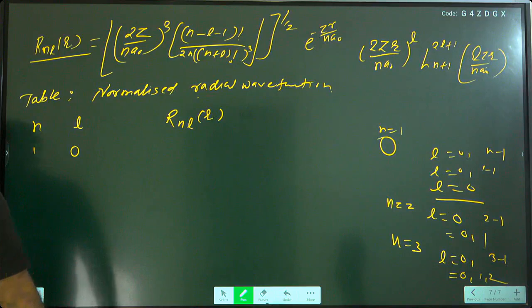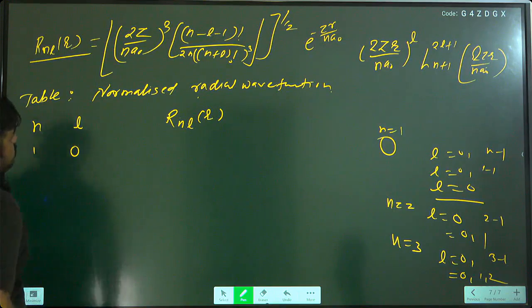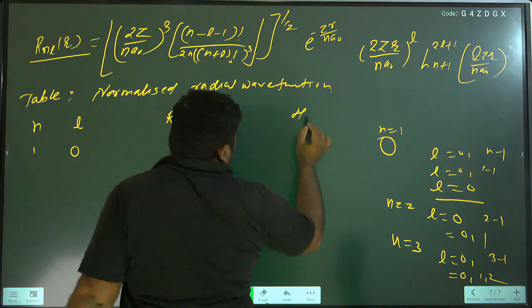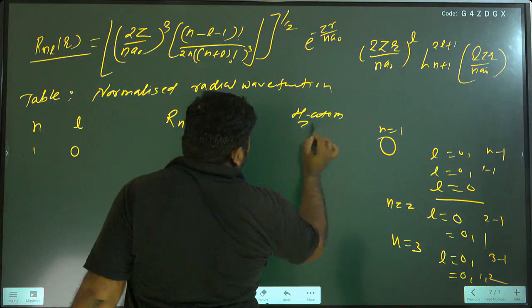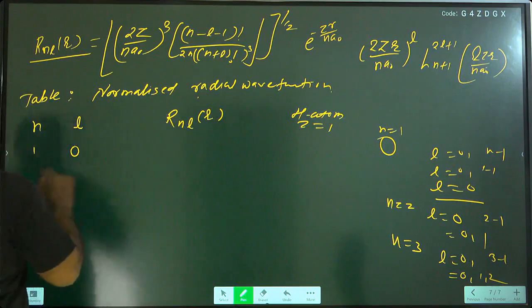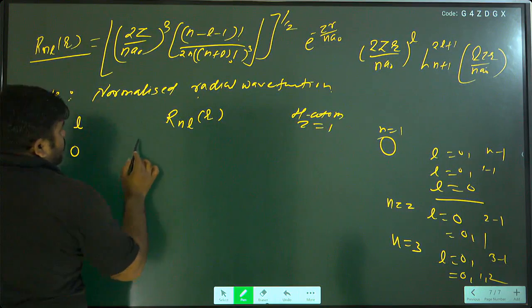then suppose this is for a hydrogen atom, what is the value of Z? For the H atom, Z is equal to how much? 1. समझ में आ रहा है? तो पुट करिए, n is equal to 1, L is equal to 0, Z is equal to 1. Then first